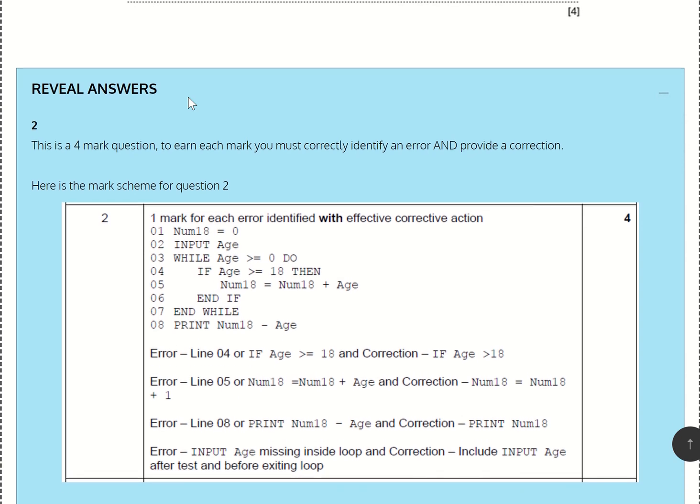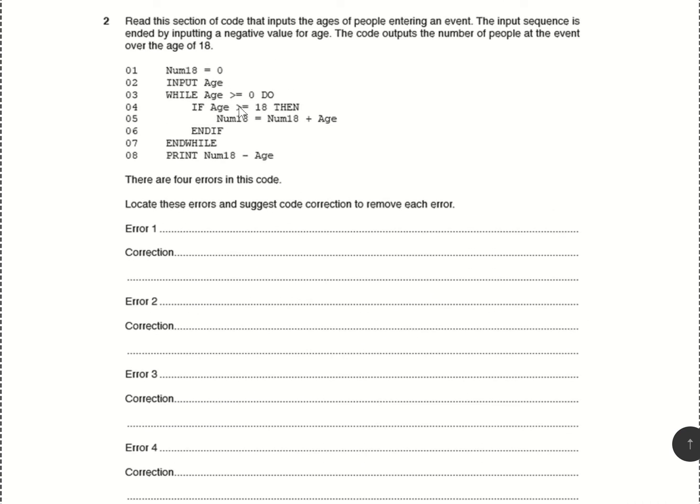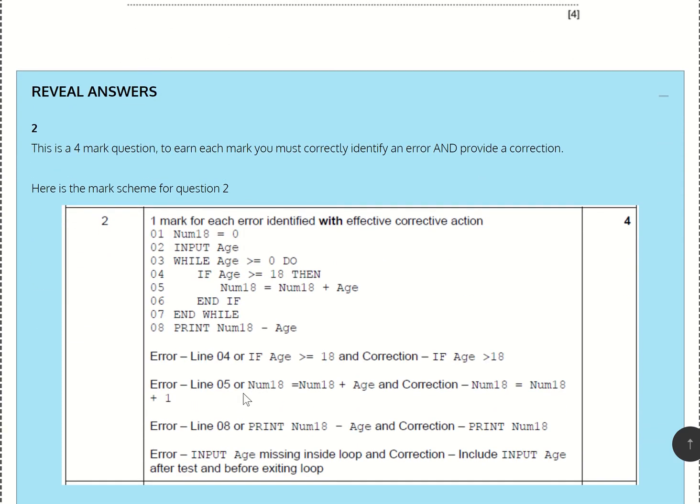So first mistake, this line 4 should be, it is if age is more or equal to 18, then it should be if age is more than 18, because it says over the age of 18. That's the first error. Line 5